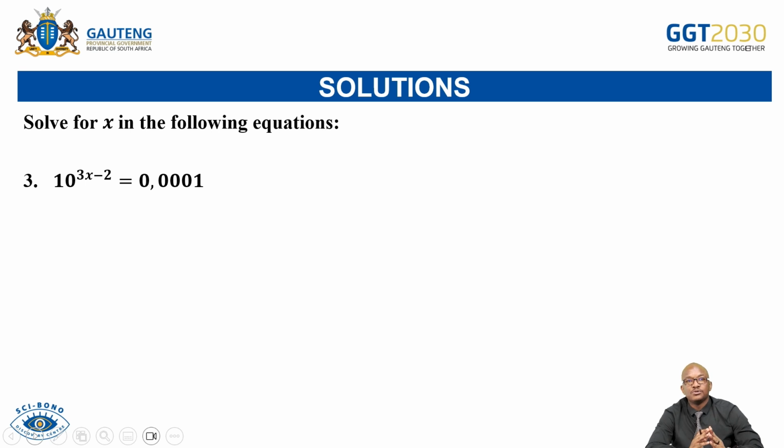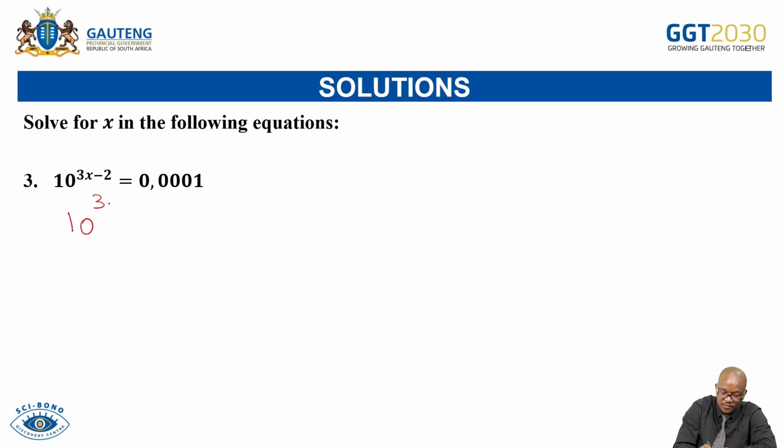So we're looking into this type of question. Most of us start worrying when we see decimal numbers there. But with this type of question, what you need to know is that you can still change that decimal number and write it as a fraction. You punch it in a calculator, and you have 0.001, and as you punch it in a calculator, you are going to have 10 to the exponent of 3x minus 2 equal to 1 all over